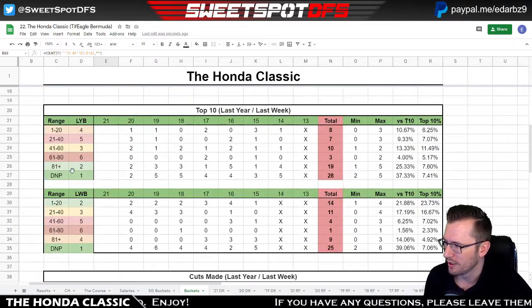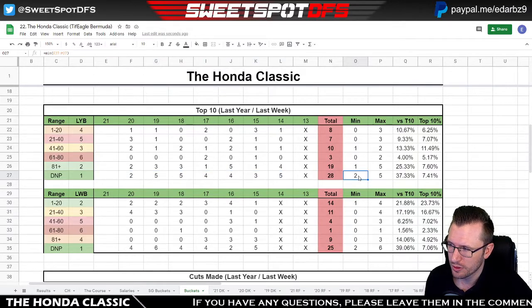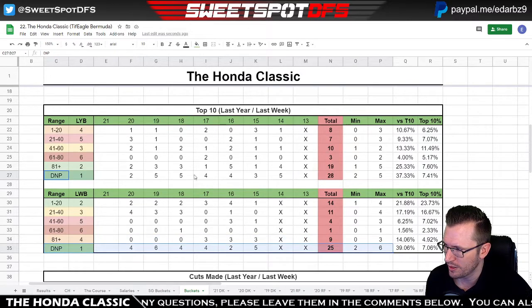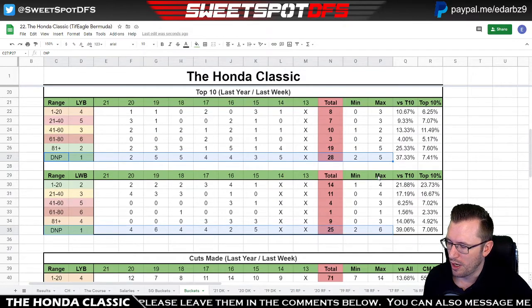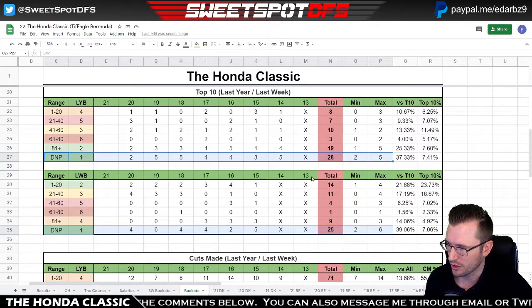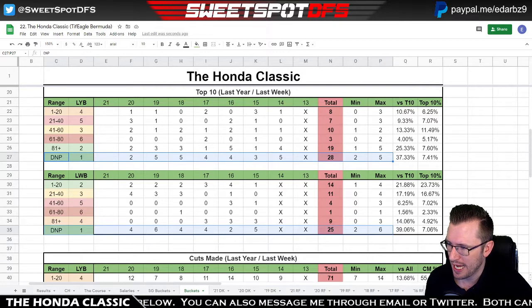But when we look, we have a min of 2 for last year, and we also have a min of 2 for last week when it comes to these bucket scores. Last week bucket 1 and last year bucket 1. So I'm not going to actually try to tackle that one. That one will be a little bit more tricky and difficult to look at. I think probably the better ones to look at are